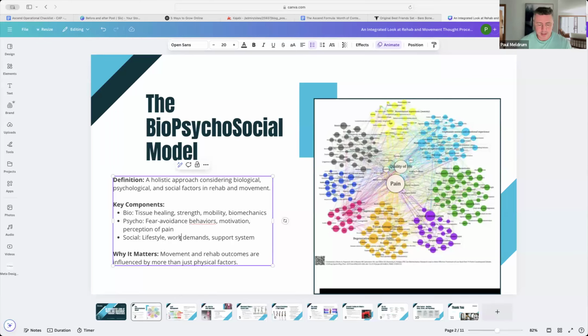So Eden, for example, is very happy because I've given her a deload because the training demands that she was getting were currently exceeding her recovery demands, and her work demands have increased because she's got more clients coming in. So it's a win-win. So what we do is we give her a temporary drop in training demands to allow her tissue to heal better. Okay, so there's lots of different ways that you can look at it. So you need to look at these things here when you consider the influences on someone's healing.